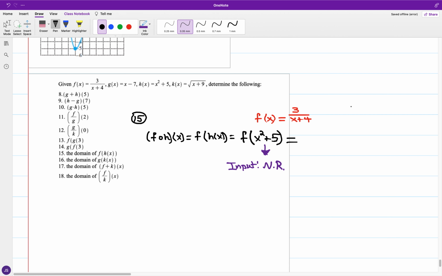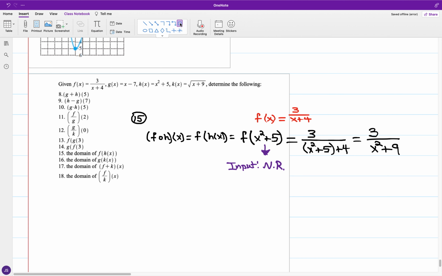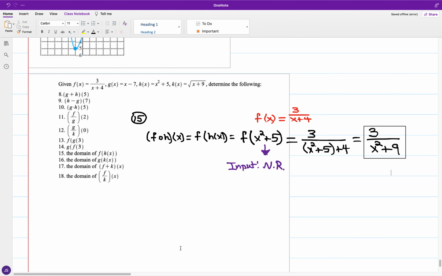But now with the input as x squared plus 5, we have 3 all over x squared plus 5, followed by the addition of 4, and this is going to be 3 all over x squared plus 9. Okay, so this is